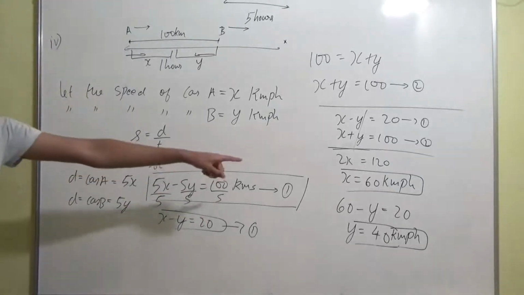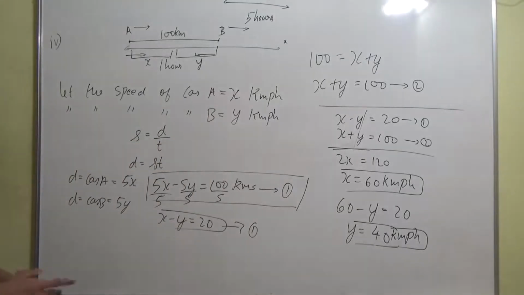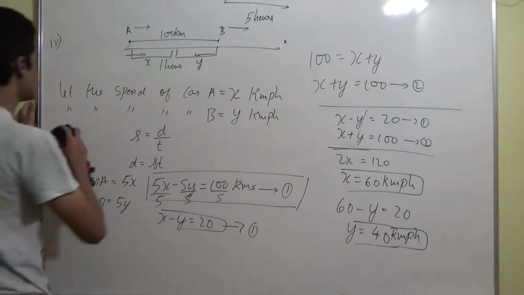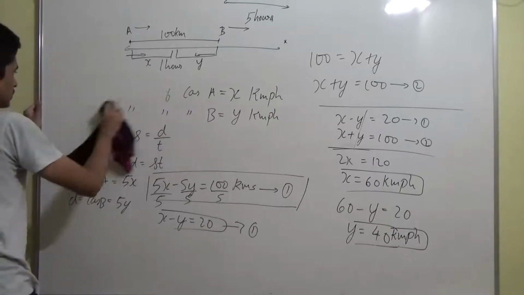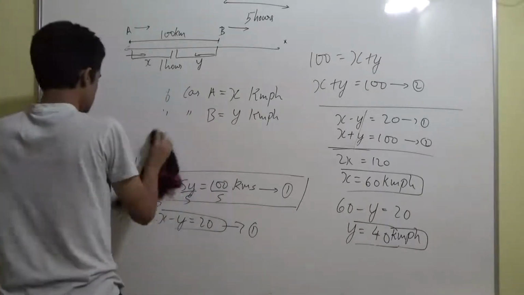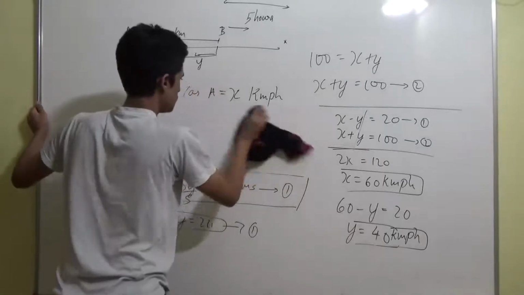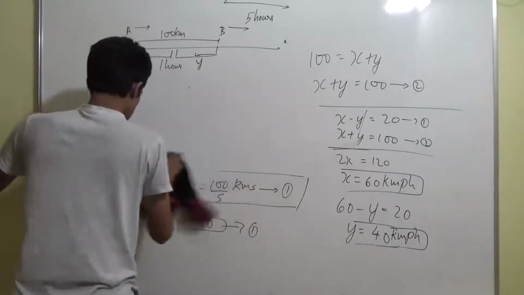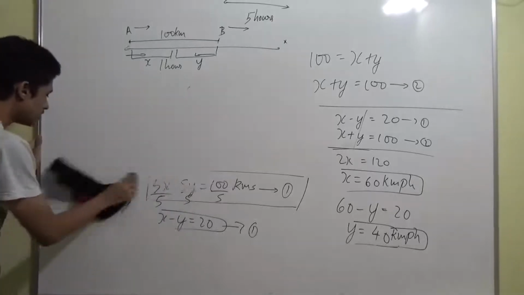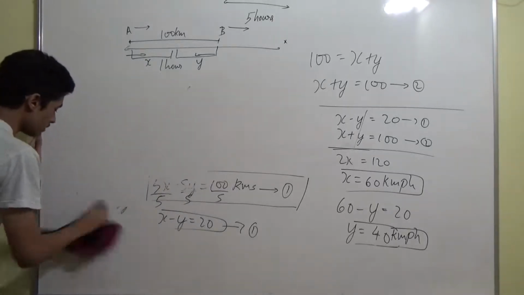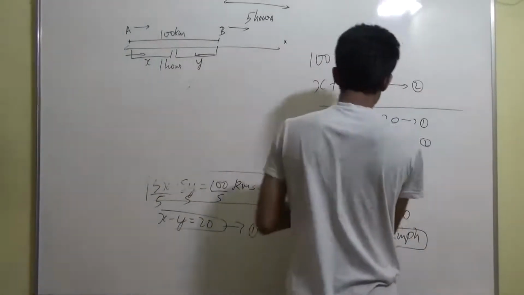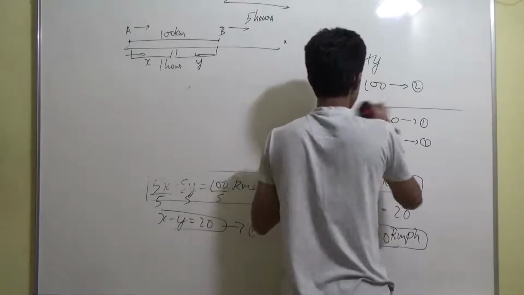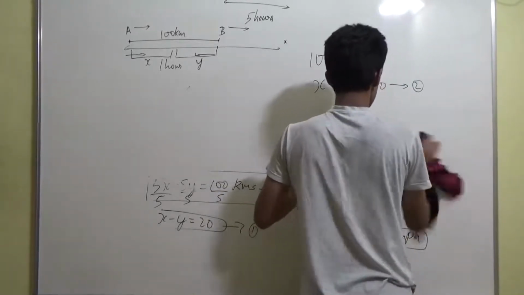At last you can conclude by saying the speed of car A is equal to 60 kilometers per hour and speed of car B is equal to 40 kilometers per hour. So shall I start rubbing now? After that we'll go to the next sub question. So yeah, guys, while I'm rubbing, start reading the fifth sub question so that it will be easy for you to understand it. You will understand it quickly if you read it now itself. It will become easy when I solve it, right?